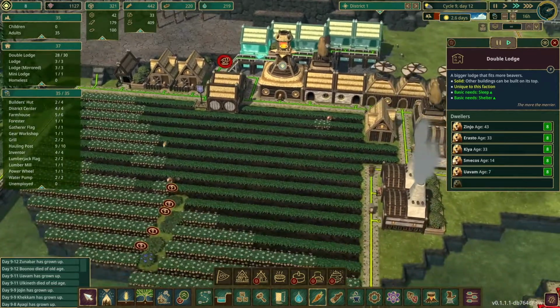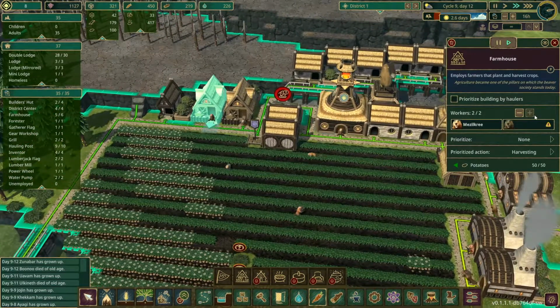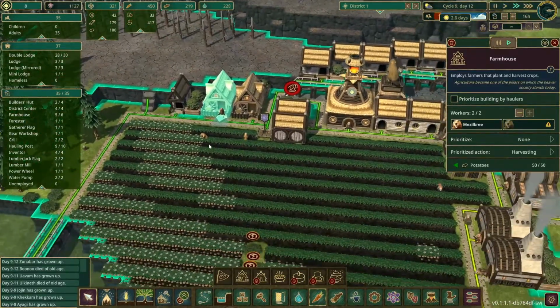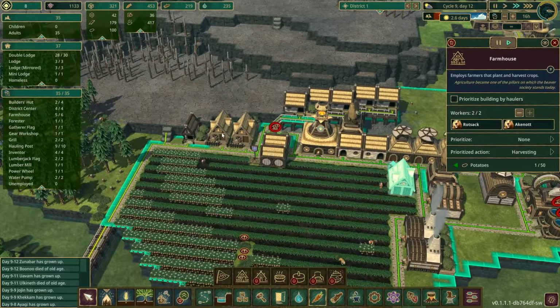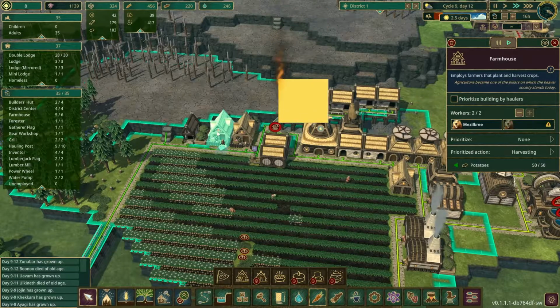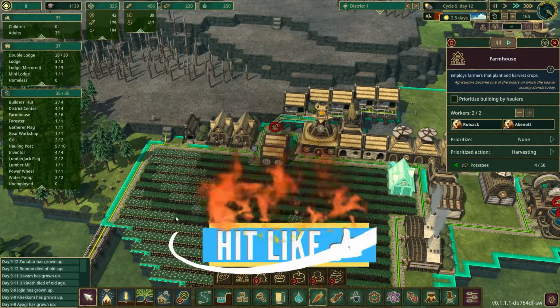Oh, I actually have 3 farmhouses. Oh, I didn't realize that. Well, I have 3 farmhouses. Let's double back on the farmhouses. So for the farmhouses, I actually had to organize these a bit to keep up with, like I said, the food that it required. So I set 2 of them for harvesting, so that way it can pull this stuff up as quick as it can,